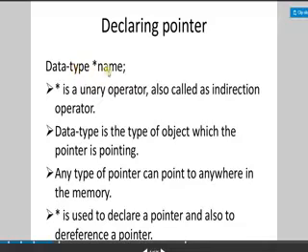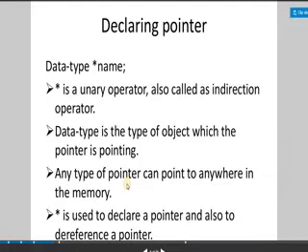For example, suppose the pointer variable holds the address 8050. If we go to location 8050 of main memory and find integer type data, then the data type will be integer, because this pointer variable has stored an address where an integer value actually is. Or if we go to that address location and find float type data, then the data type will be float. So the data type is the type of object which the pointer is pointing to.